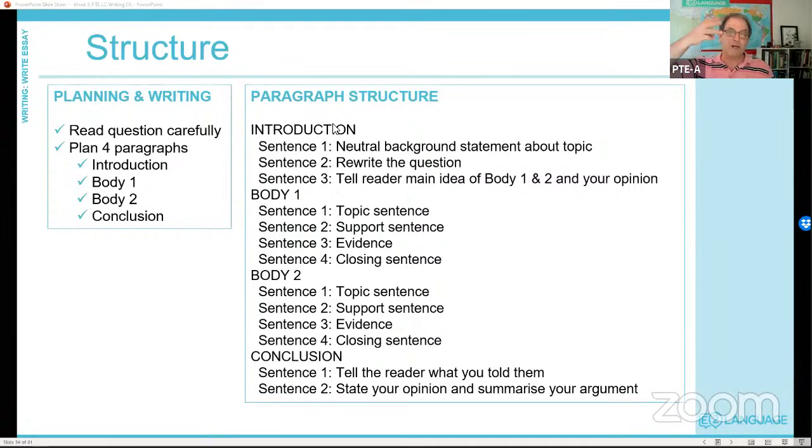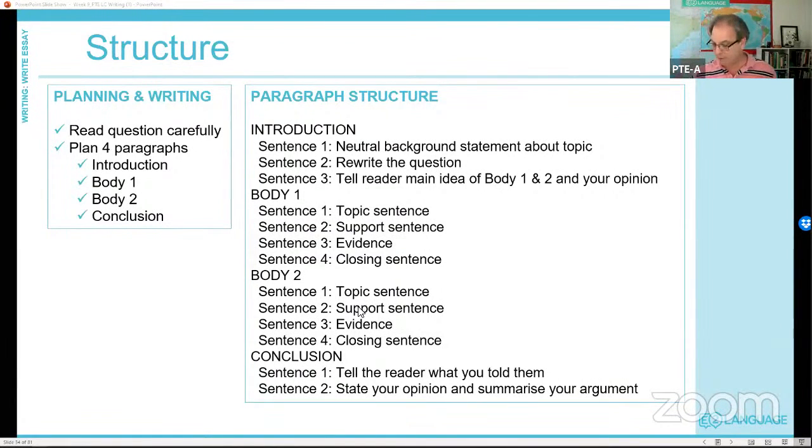So there's 3, 4, 4, 2: a 3-sentence introduction, 4 sentences in each body paragraph, and a 2-sentence conclusion. 3-sentence introduction: general background statement, restate the question, tell the reader what you're going to tell them. And you know already because you've made a plan before you've even started writing that introduction. Then your main idea from body paragraph 1, topic sentence, support it, provide an example and close it off in